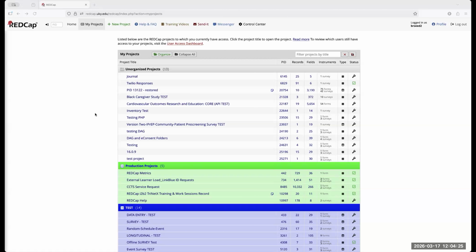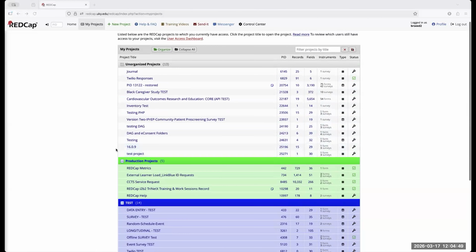So to get started, we'll get to the basics. If you're viewing my screen, you notice that I'm on the My Projects tab. Everyone that has a sign in will have a My Projects tab. This section of RedCap is all the projects that you have created or that you have been added to by another RedCap user. So if you have a list of projects and you're looking for a specific one and you can't find it, chances are either you've not been added to that project yet or you have been added incorrectly.